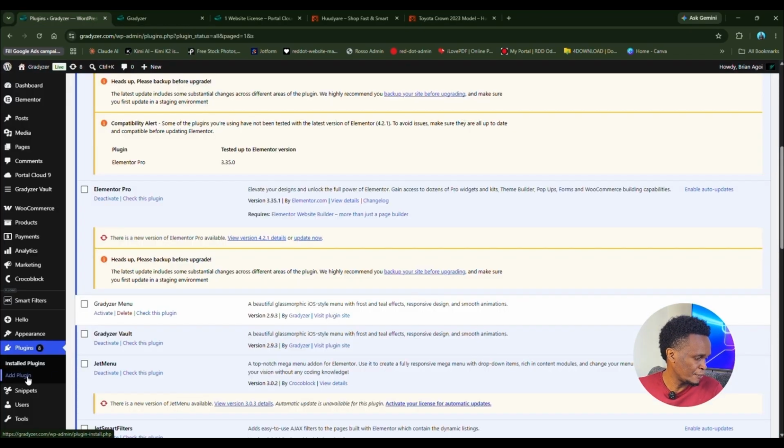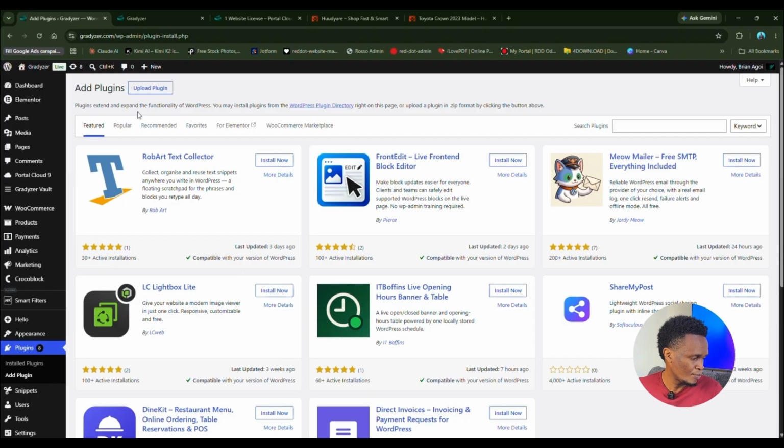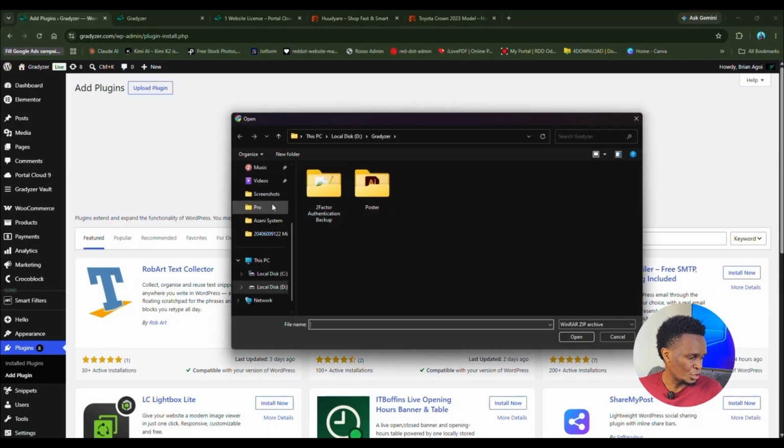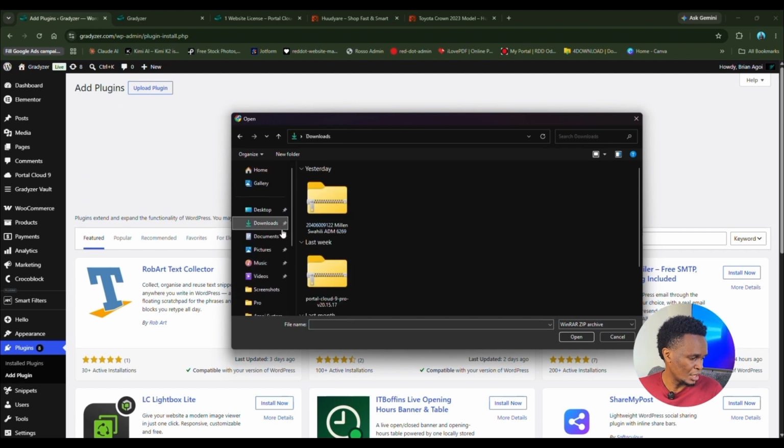So let me come here, click add plugin, click upload, and then choose from my downloads. We have the Pro version here, Portal Cloud 9 Pro version 20.15.17. This one, you won't get from the WordPress library. From the WordPress library, you get the free version of it. So this one you get from